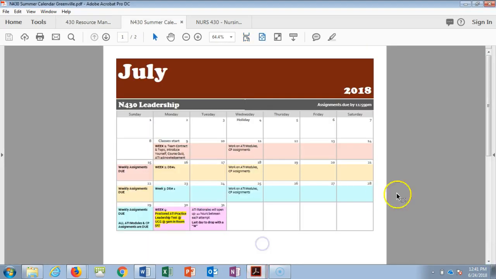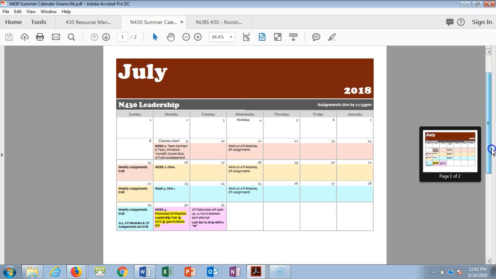Now we also have a calendar where I give you a little bit more detail in when things are due. So week 1 tells you what's due by the end of week 1, and then when your proctored assessments are. So you see here you need to come to campus on July 30th for your practice, and then again the following week